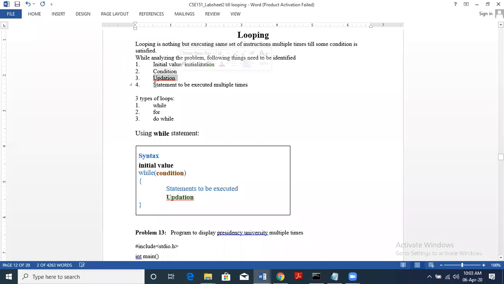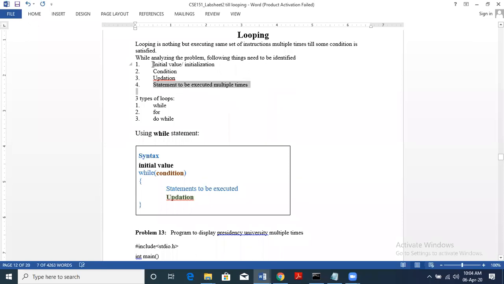And then we have the statement which needs to be executed multiple times. This statement is written as the body of the loop, like we have seen in the main function, where we have the body of the function or the body of the main program. Similarly, we have the body of the loop here, which is the statement to be executed multiple times.